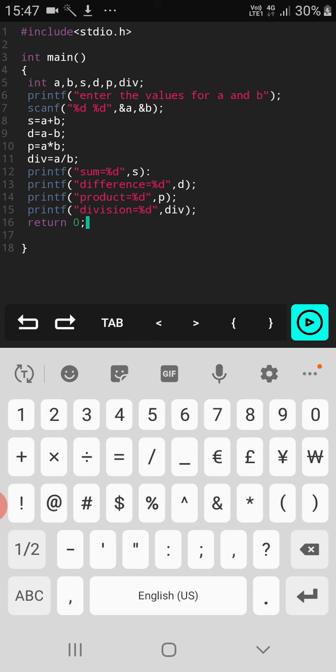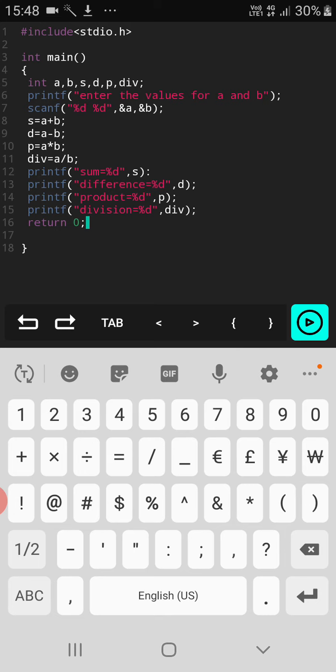So let us quickly revise the concepts. Arithmetic operations are addition, subtraction, multiplication, division, and the remainder, that is your modulus operator. These are the various arithmetic operations that can be used. The variables are used to store the values, like A and B are the variables which are used to store the values that are given by the end user.